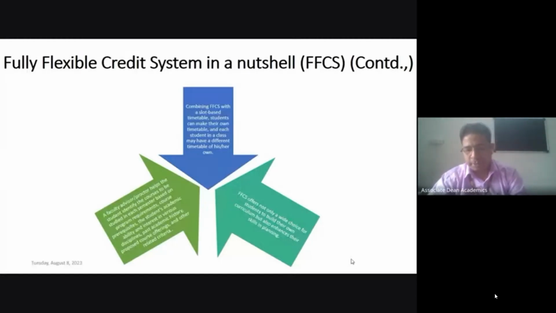So you can decide that this is my program core course, which is more problematic, more conceptual. I would like to study that course in morning timing only. Then you go for morning timing for that slot. If you think this course is a simple theory course, or I can easily cope up with this course, you can plan that course in afternoon or evening time. So you can plan your own timetable.